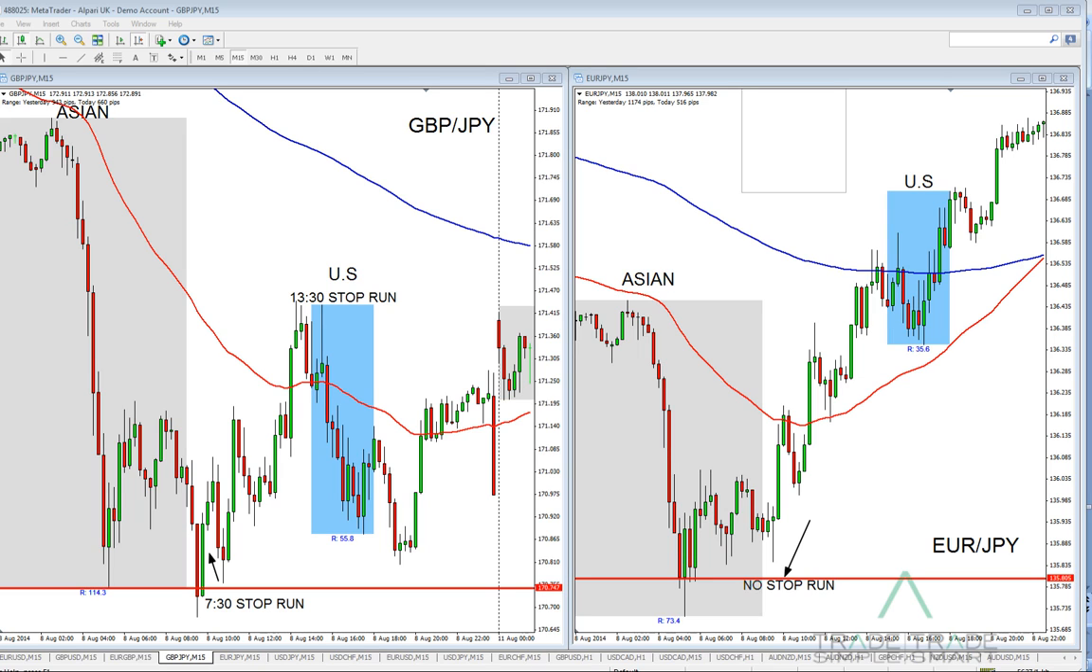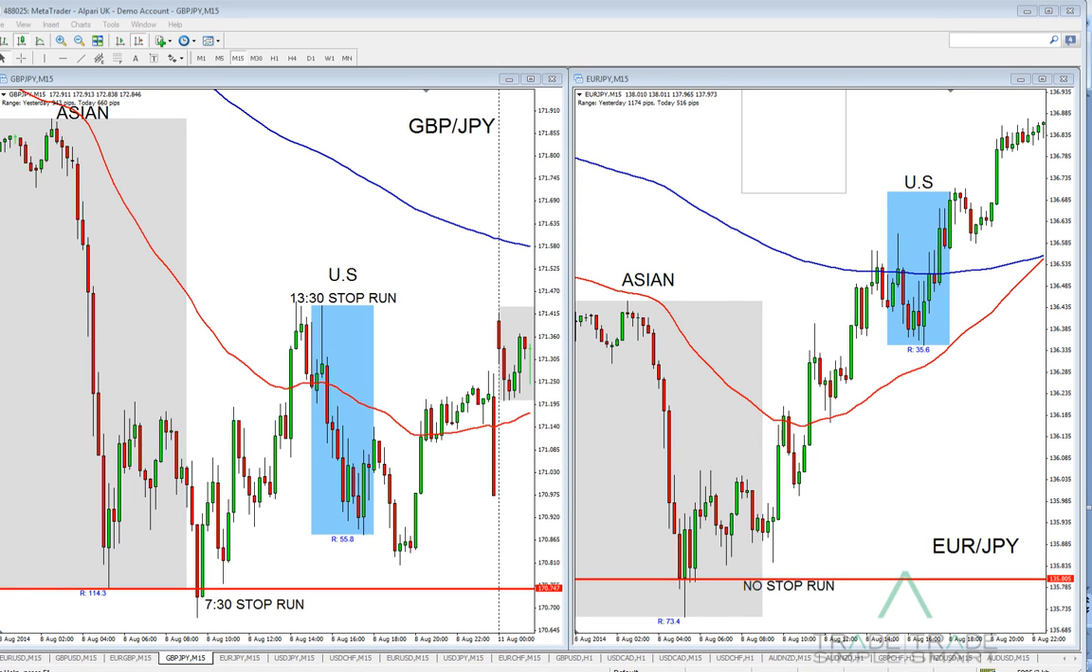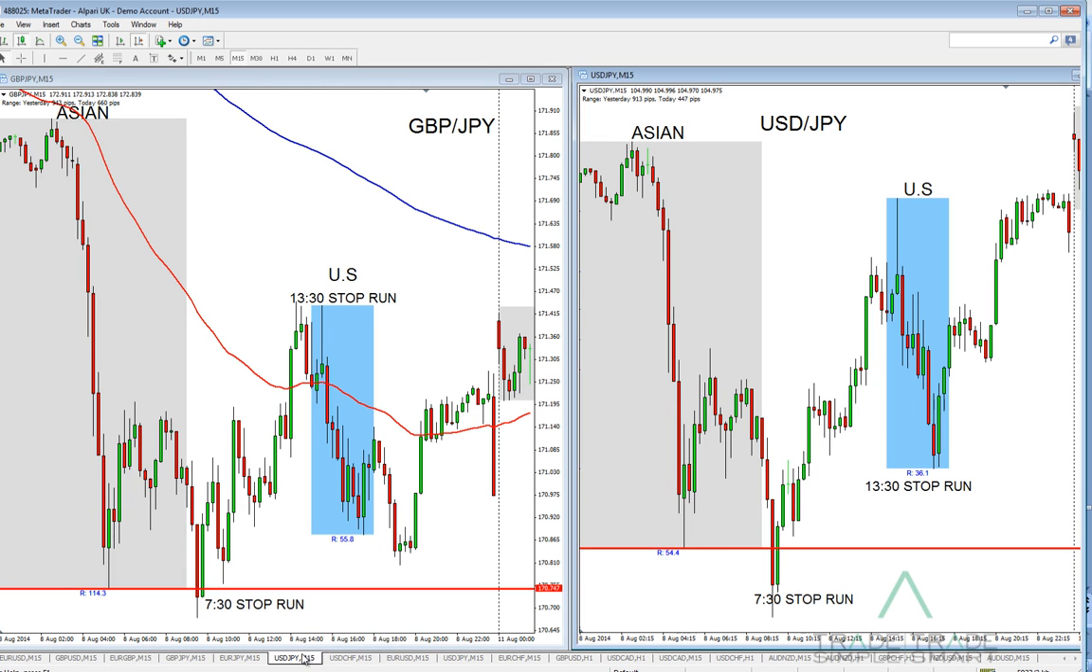Okay, so in this example we have no stop run at the euro yen at 7:30, but we have a clear stop hunt and confirmation in the sterling yen. So there is another currency pair that we can use when we're trading the sterling yen and the euro yen, and we can use this other currency pair also for correlation and confirmation, and this currency pair is the dollar yen. So if I bring up the dollar yen,